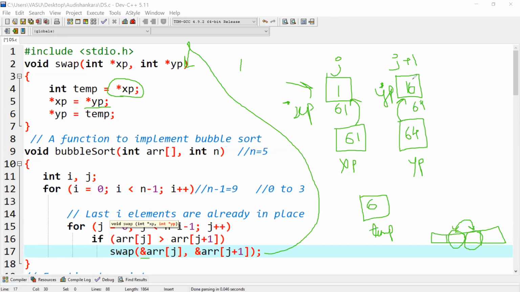So now, are the values swapped inside j and j plus 1? That is what we wanted. No, we wanted the swapping to happen over here inside the array location, not on some other variables only. So now the swapping is happening. That is why, to be able to change the actual parameters also, we need to use the pointers over here. Okay, so that is how we have completed swapping. Whenever this function is called over here, this particular swapping operation will happen.